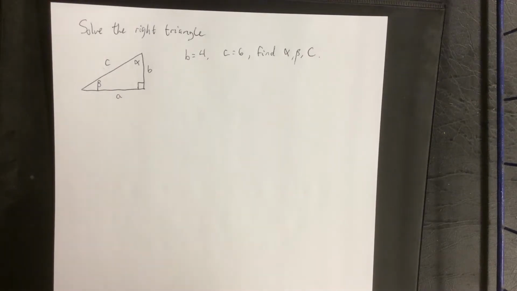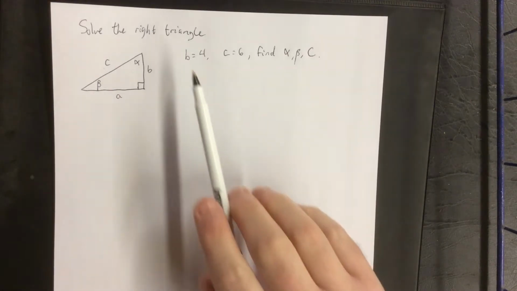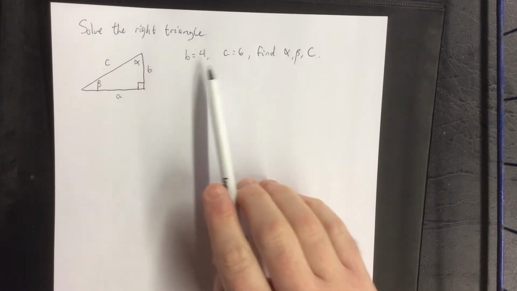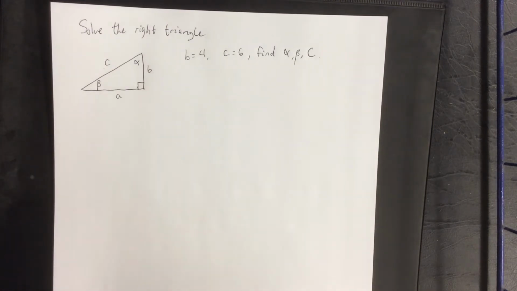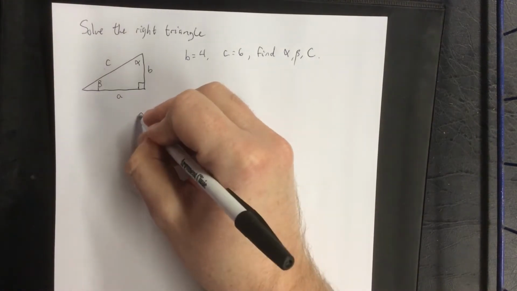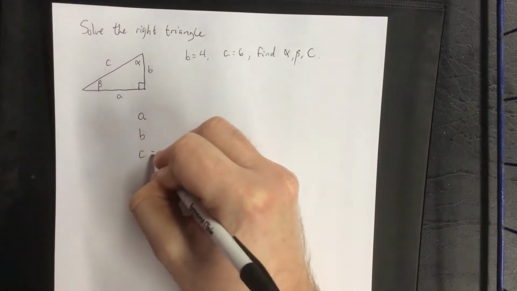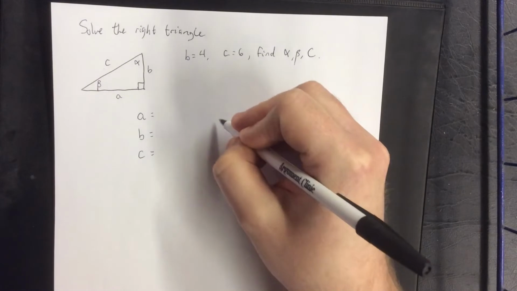In this example, we've been given a right triangle and told what two of the sides are. B is 4 and C is 6. We're interested in finding alpha, beta, and the side C. So first thing I'm going to do, like I did in the previous example, is